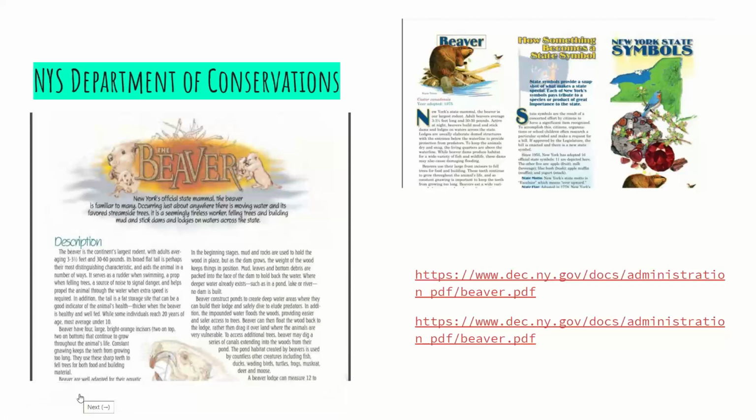Years ago, New York State had a lot of these things pre-printed and you could request them. I've been trying to see if I couldn't get them for us to distribute. Apparently they don't print them anymore. So you would have to use the PDF. And if you look at the next slide,